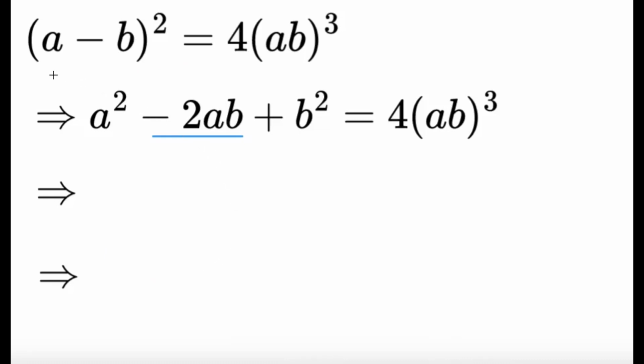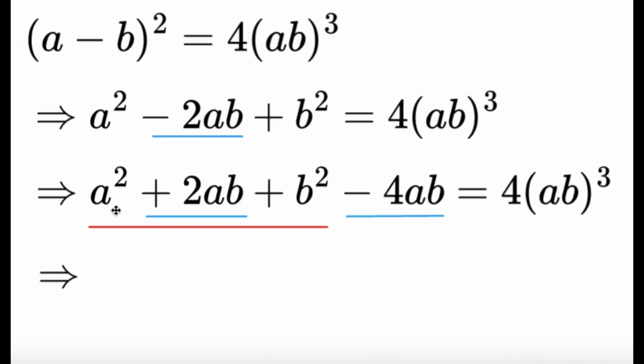So let us try to expand the left side. A squared minus 2ab plus b squared. Now we want to have an a plus b come out, and we have a very nice way to do that. We can make the negative 2ab over here become positive 2ab and minus 4ab over here. Now the red part, that's going to be the square of a plus b, simple